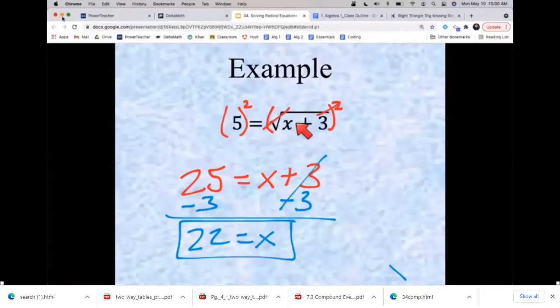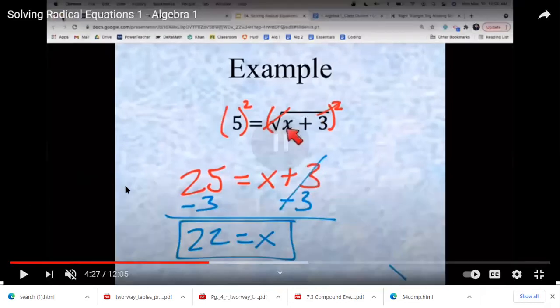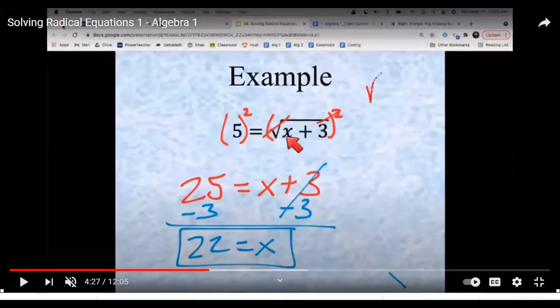In this part, we have to check your answer. How? You found that the value of x equals how many? 22. Then you will go and check your answer under the radical sign. You will substitute the value of x by how many? By 22. So I'm going to write 22 plus